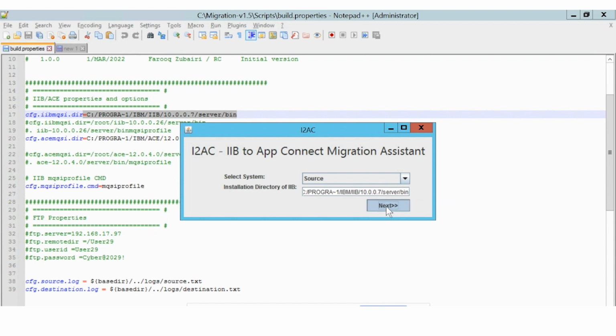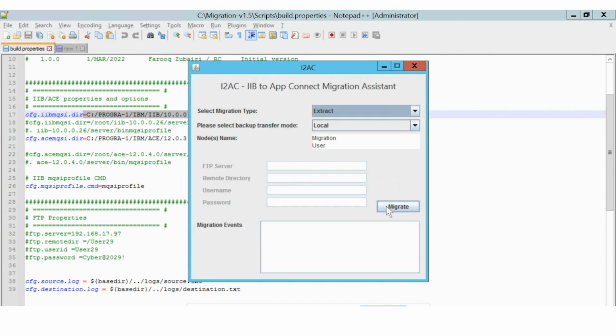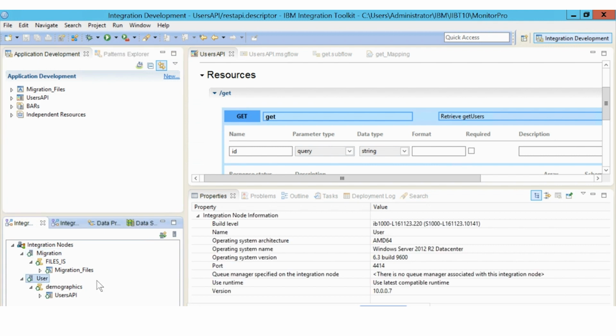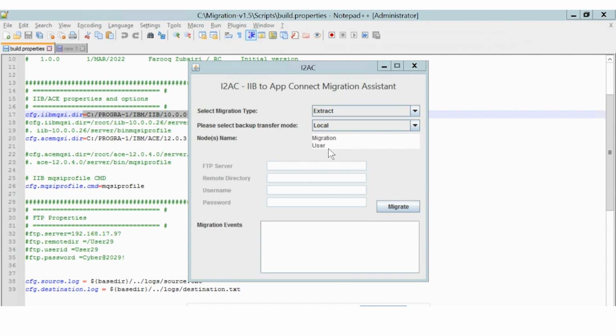So once I click next, what it will do in the background is reach into the directory and start to run. It's starting to get the nodes which are up and running. As you see in the toolkit, we have two nodes: one is migration and one is user, which are up and running. So it shows me here as a list that these are the nodes which I am taking as a